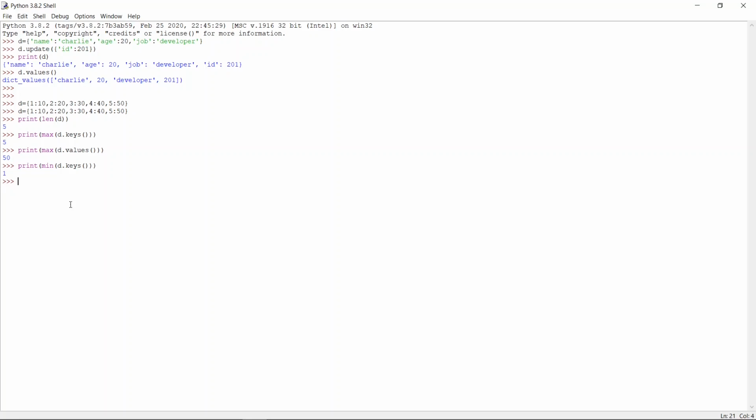The next one is sum. So how do we use sum here? Why did we get 15? Here you can see it added only the keys, right? So if you want only values, I don't want keys, then use d.values.